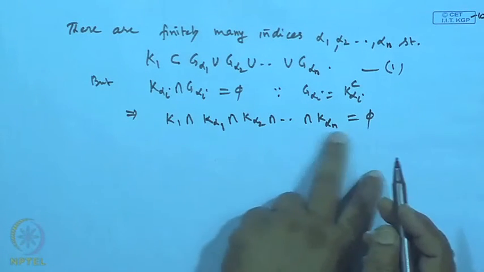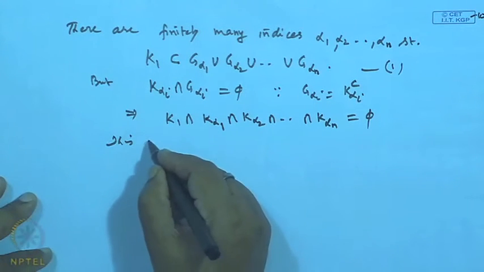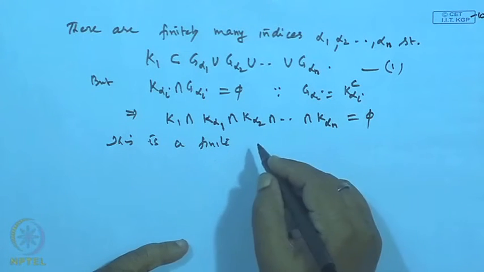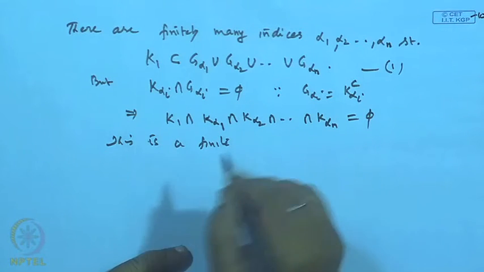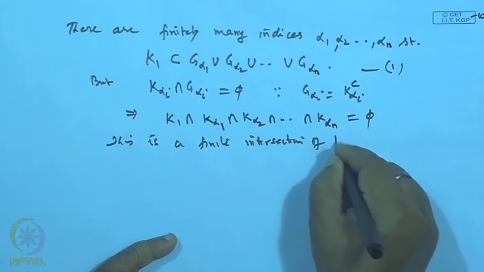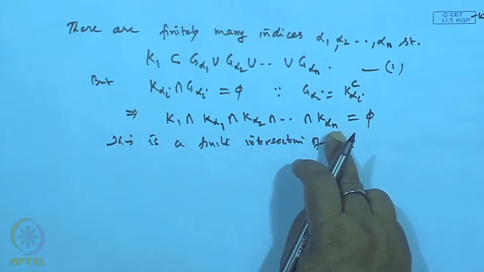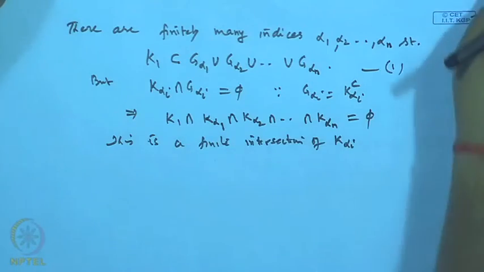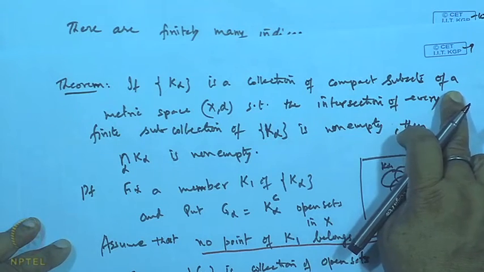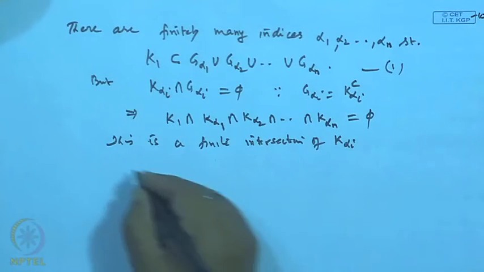But this is a finite intersection of K alphas, is it not? If I pick a finite collection of the sets K alpha, these are finite. But what is the condition? K alpha is a collection of compact subsets of a metric space such that the intersection of every finite subcollection is non-empty. So, this contradicts